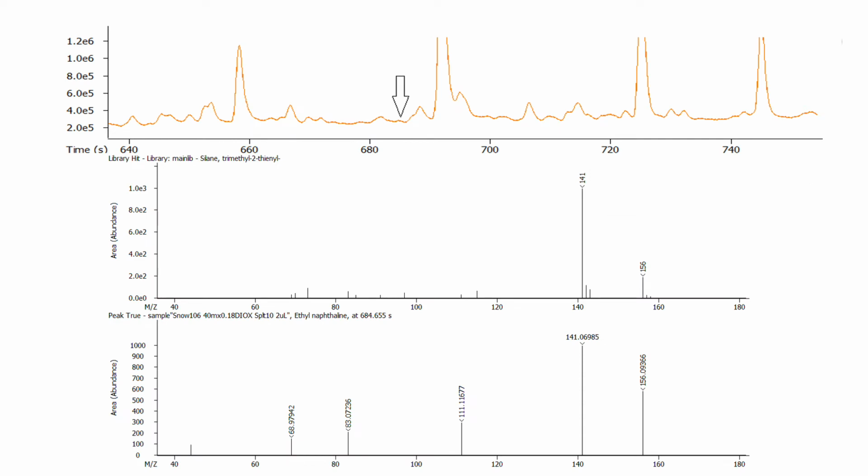Now some examples. First of all, I should say that I'm going to show you the most difficult cases, because if we are dealing with a nice chromatographic peak, no problems, because we have a very nice mass spectrum and a good hit list, and you can easily understand what you are dealing with. But if you have some very small peak, something like that marked by the arrow, with a very bad signal-to-noise ratio, your mass spectrum looks like that at the bottom. This is the peak after processing.